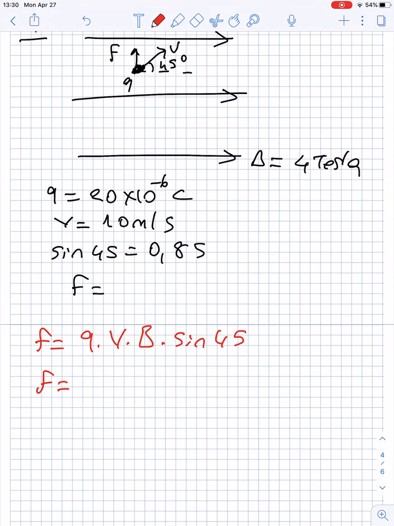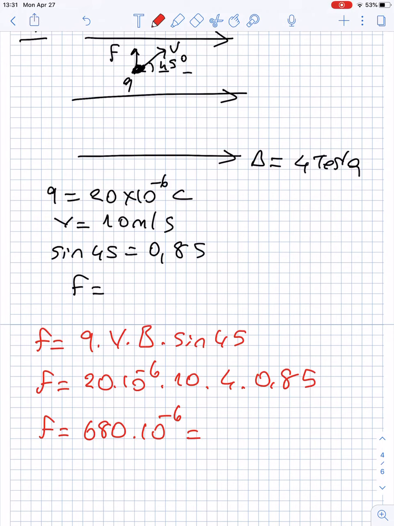F is equal to Q, it is 20 times 10 to the power minus 6, and V is 10, the magnetic field is 4 Tesla, and sine 45 is 0.85. After calculating, my result is 680 times 10 to the power minus 6, and I can write it like this, 68 times 10 to the power minus 5, the unit is